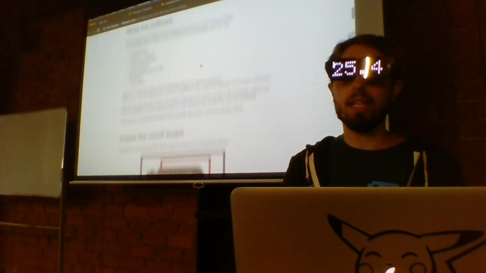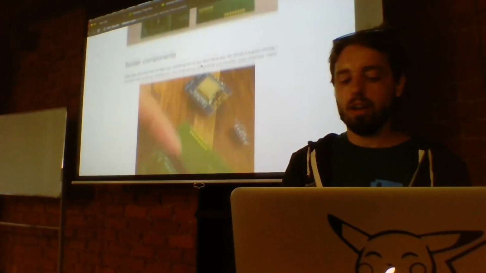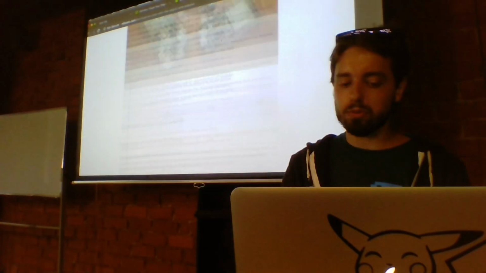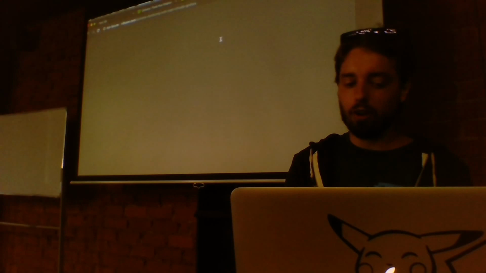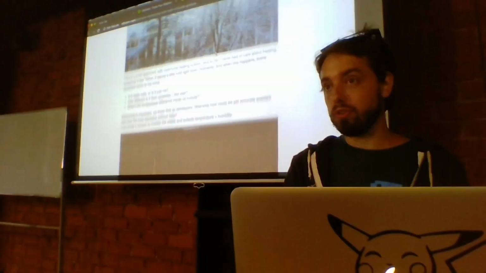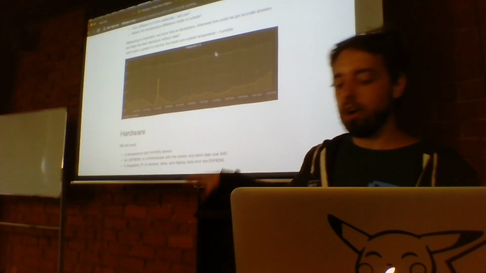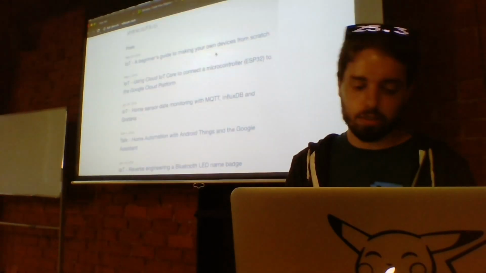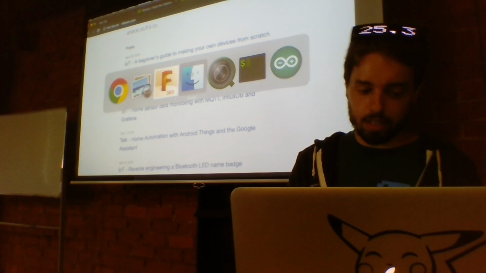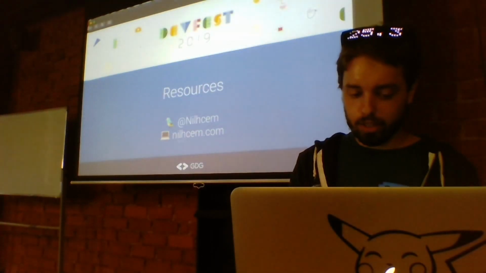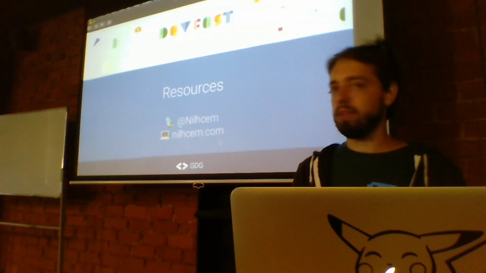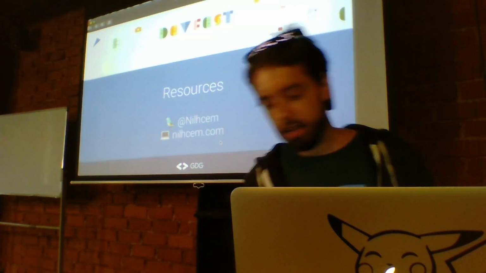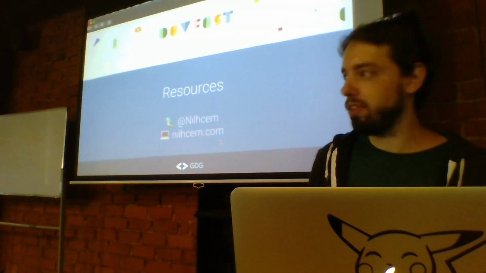So how you connect your microcontroller, or you create your case, or you connect your microcontroller to the Google Cloud Platform. And if you don't want to use the Google Cloud Platform and you want to use your own server or a Raspberry Pi in your home, here is an article telling you how you can do that. So once again, if you're curious about that, feel free to read those articles here that will tell you everything you saw today, so you can do it at your own pace. If you have some questions, I will be happy to answer today.